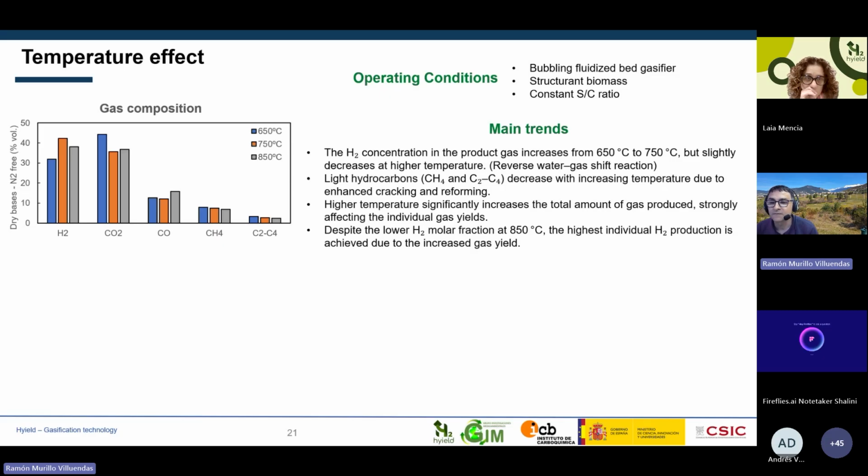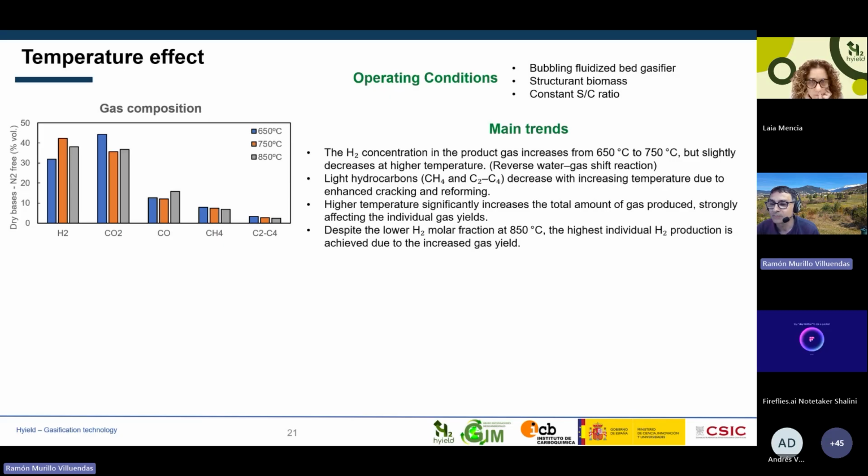In this first figure, we can see the hydrogen concentration, and we can see an increase in the hydrogen concentration when the temperature is raised from 650 to 750. However, at higher temperature, a slight decrease in the hydrogen molar fraction is detected. This behavior is mainly associated with the reverse water gas reaction, which becomes more favorable at high temperatures and leads